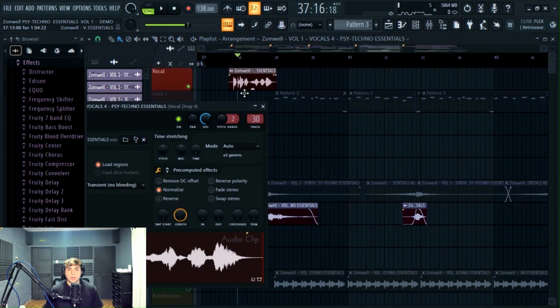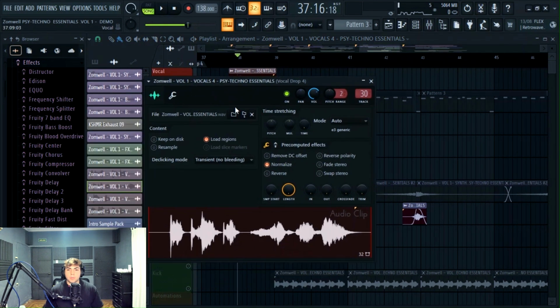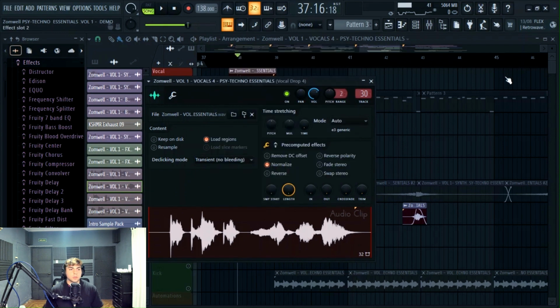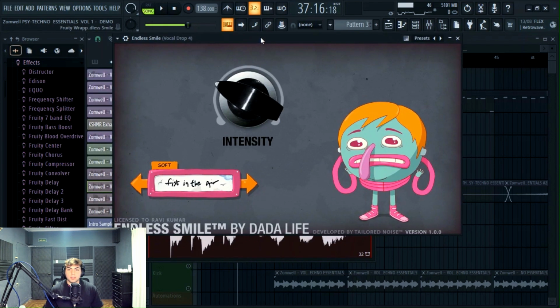For the vocal, I use this vocal 4 from the pack. I can't get you off my mind. Without effects it sounds like this. I can't get you off my mind. It's a vocal. The process is Camel Crusher in these parameters with this preset to distort the vocal, Endless Smile